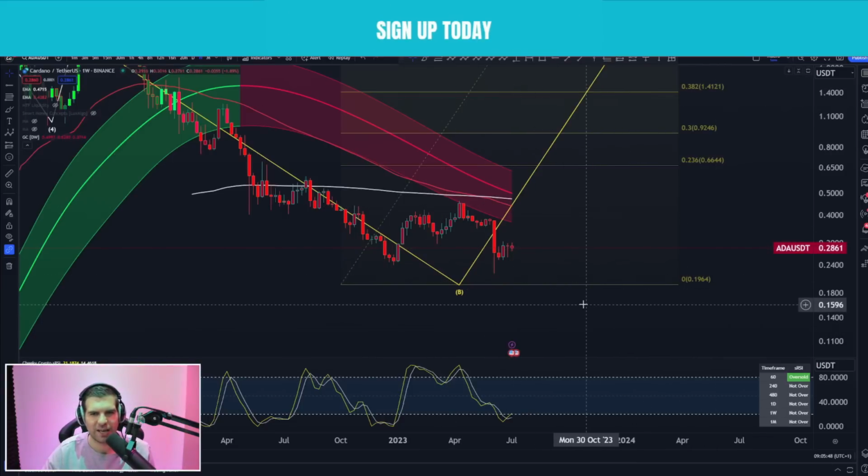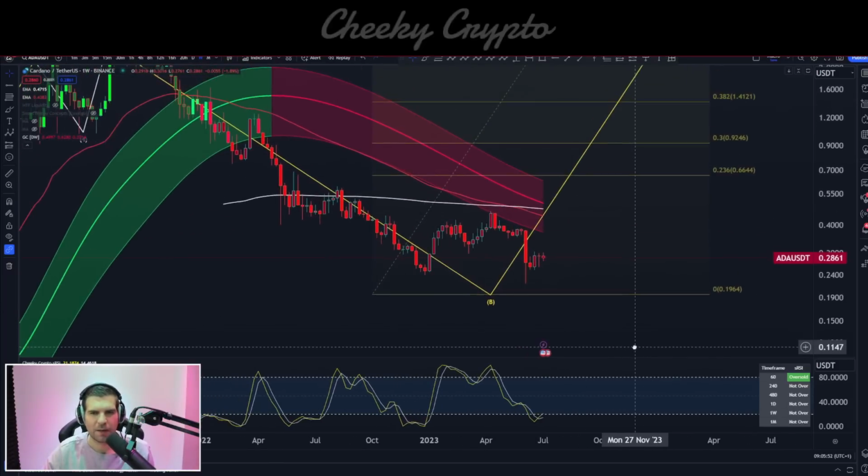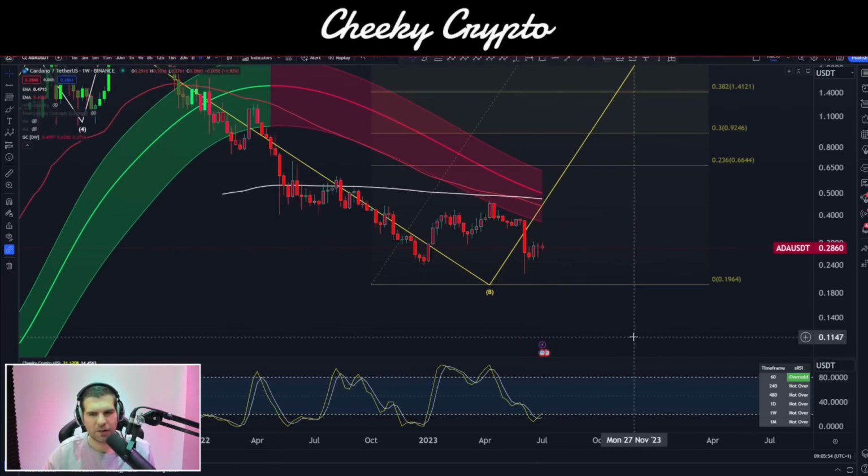Now, this doesn't show us yet whether or not that's going to be the bear market low point or whether we're going to have to come down deeper. As I was talking about with Bitcoin, when the Fed pivot, we're going to see an almighty crash, and Cardano ADA is already at a very significant low level, meaning that we are likely to see further downside, and it's going to probably be quite significant.